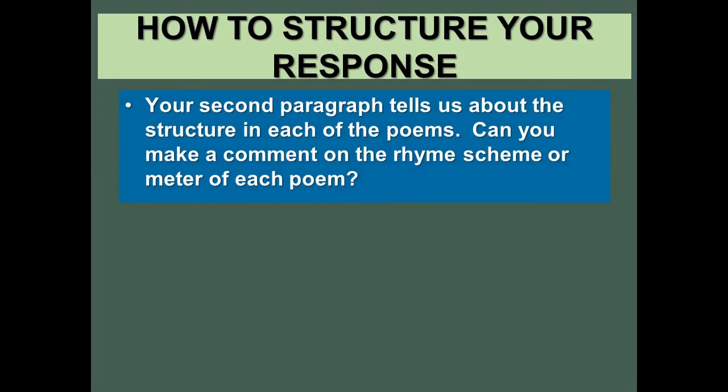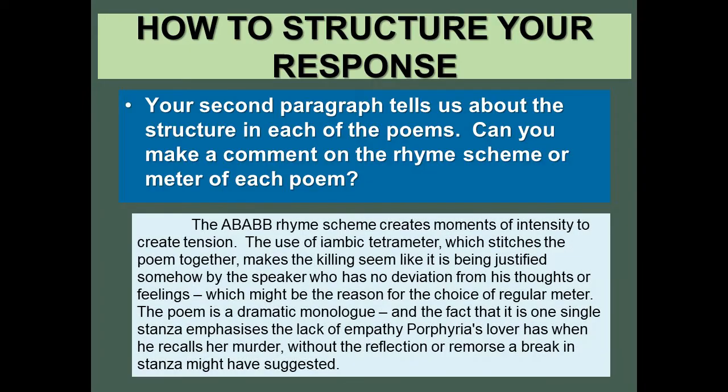After we've done that, we're then going to talk about the structure in each of our poems, which can be done in one paragraph. So here is an example of analysis of the rhyme scheme and metre in Porphyria's Lover. The A-B-A-B-B rhyme scheme creates moments of intensity to create tension. The use of iambic tetrameter, which stitches the poem together, makes the killing seem like it's justified somehow by the